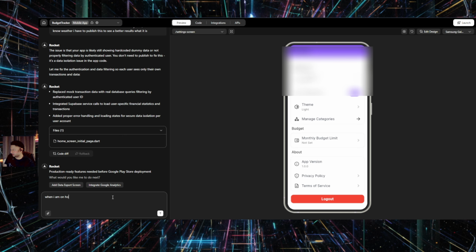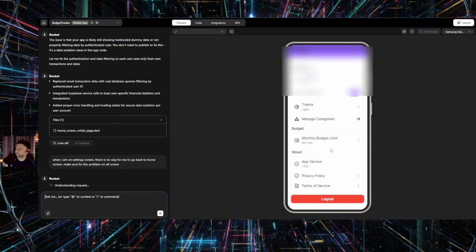When I am on settings screen, there is no way for me to go back to home screen. Make sure to fix this problem on all screens. Okay,